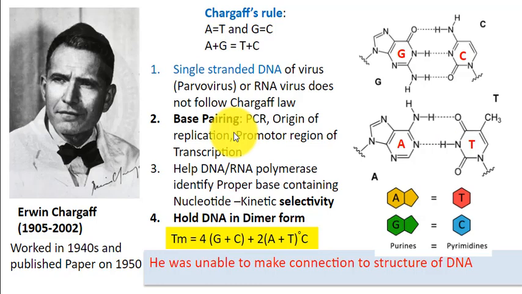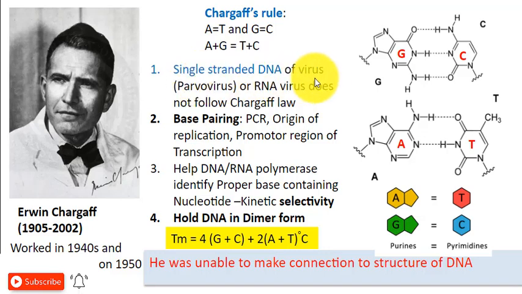Base pairing is also utilized to open the DNA double helix, during replication and also during transcription at the promoter region. You will find in the promoter region and the origin of replication there will be A and T regions. The A and T bases will be more, because those places are very easy for the enzymes to break and start replication and transcription. One thing: